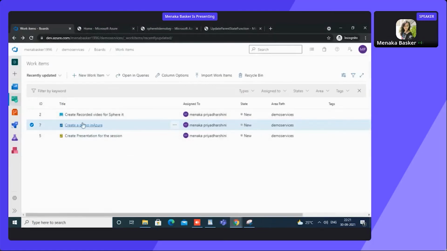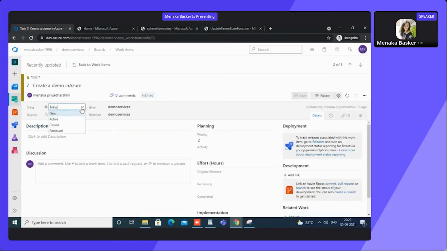So this is a work item I have created. This is a user story which needs to be updated based on the child task. When this particular task is closed, I don't want this user story to still be at New. Every time, going and checking the task and making it New or Active based on the task is quite time consuming. As an automation, we can do this. Whenever the particular child task is updated, my parent item will be updated by default without any manual updates.